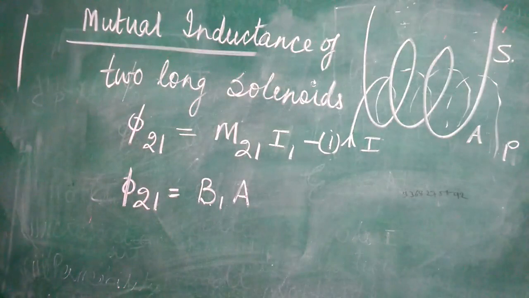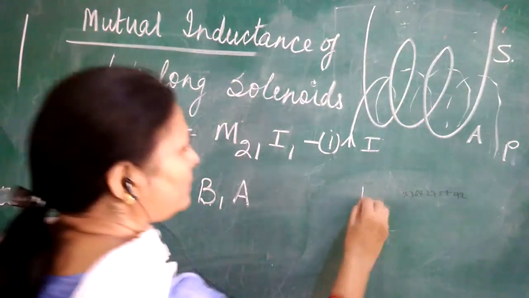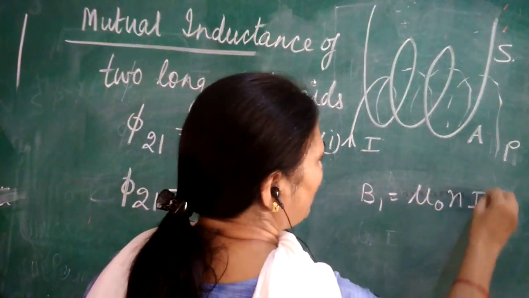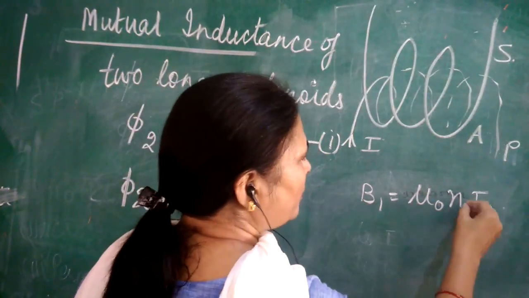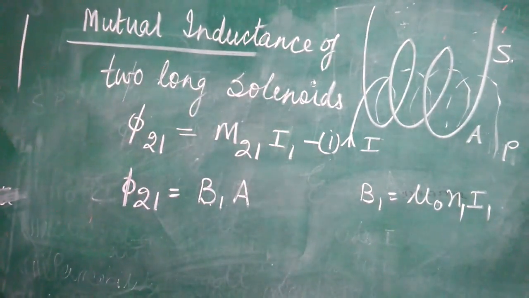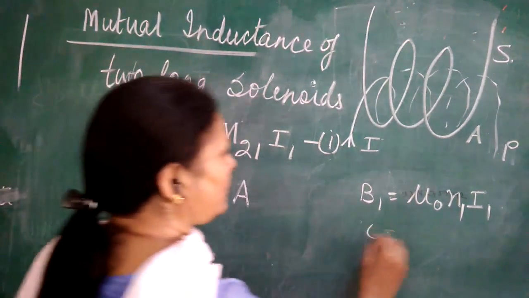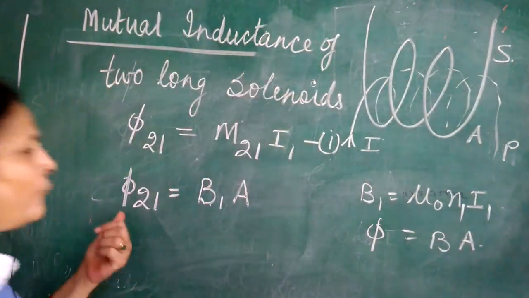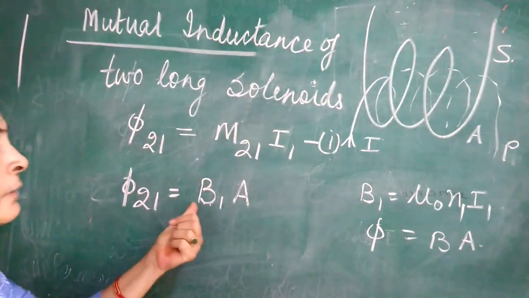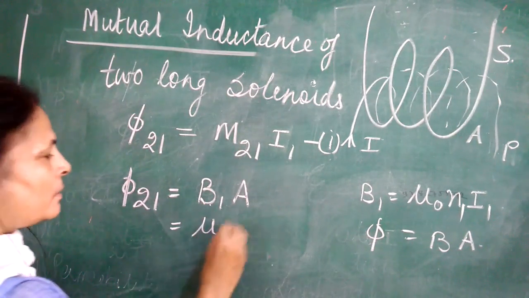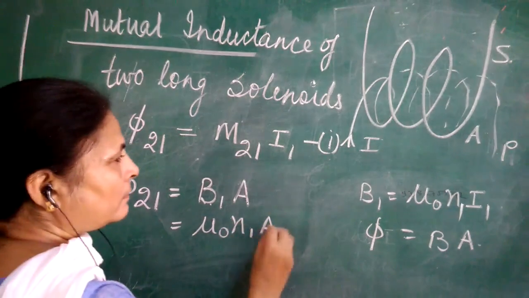You remember the magnetic field B1 is mu naught N I1. If the number of turns per unit length is N1, it will be mu naught N1 I1. And what is phi? B into A. So phi 21 will be equal to B1 into A, and in place of B1 I will write mu naught N1